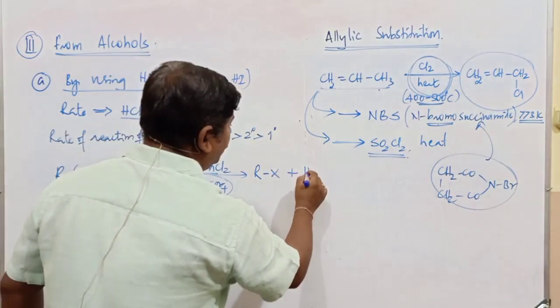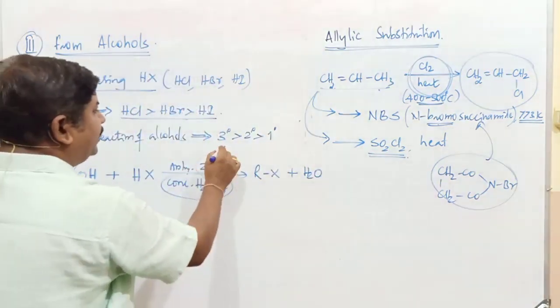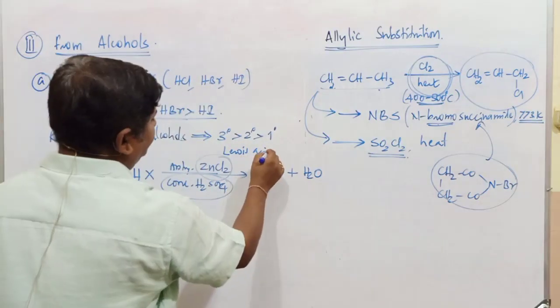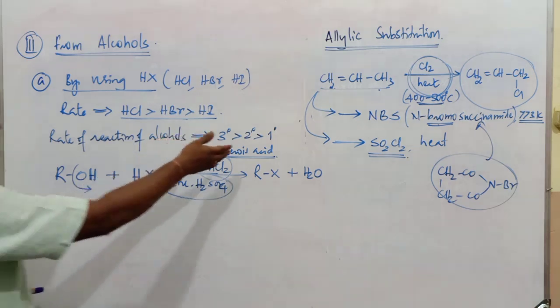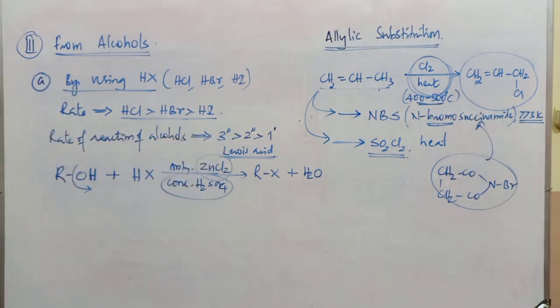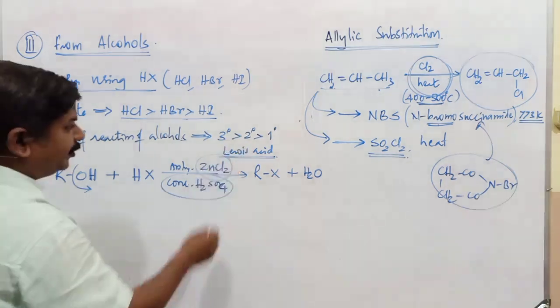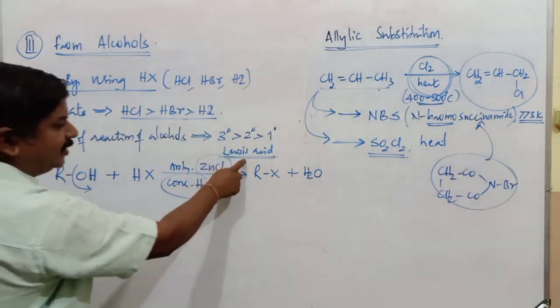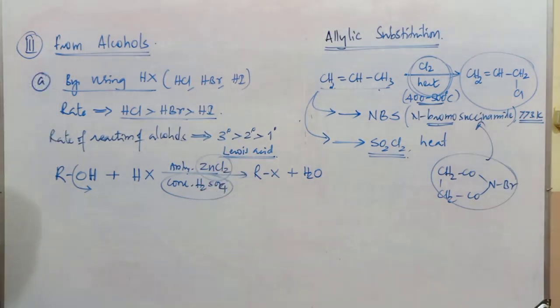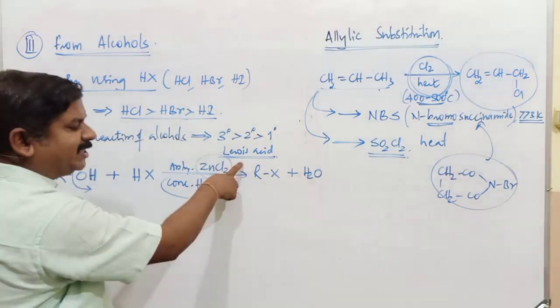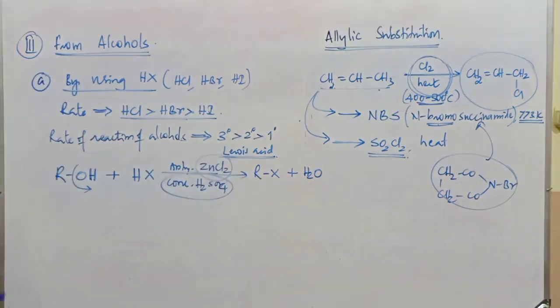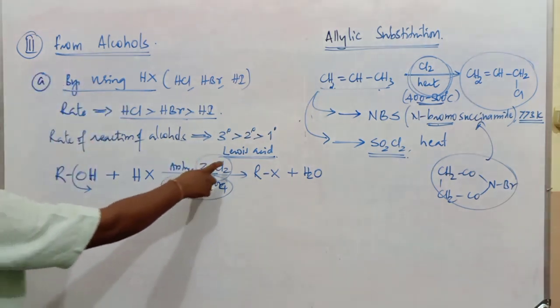RX plus H2O. And here this one acts as a Lewis acid. You know the meaning of Lewis acid and Lewis base? In the equilibrium topic we have studied all these: Lewis acids and bases, Arrhenius acids and bases, Bronsted acids and the corresponding bases. Any substance which accepts one or more lone pairs of electrons is called a Lewis acid. Metal ions are generally considered Lewis acids except the first group metal ions. Lewis base means the species which donates a lone pair of electrons. So here it can accept the lone pair of electrons from this oxygen atom. Because of that, this particular group is considered a Lewis acid.